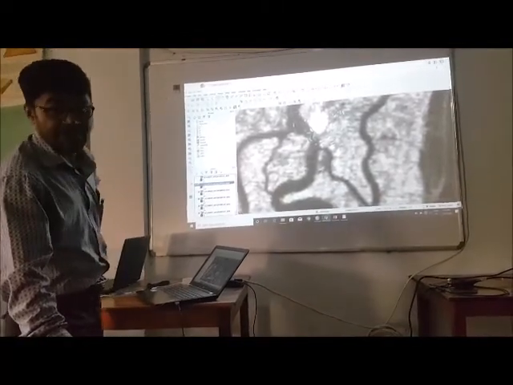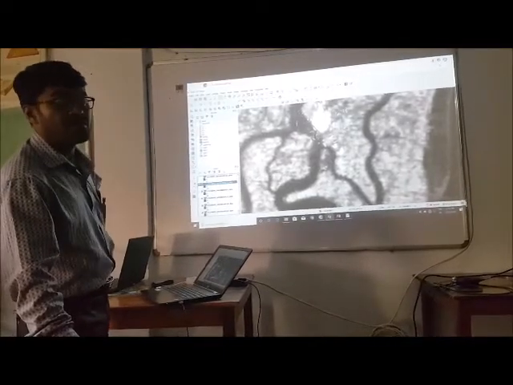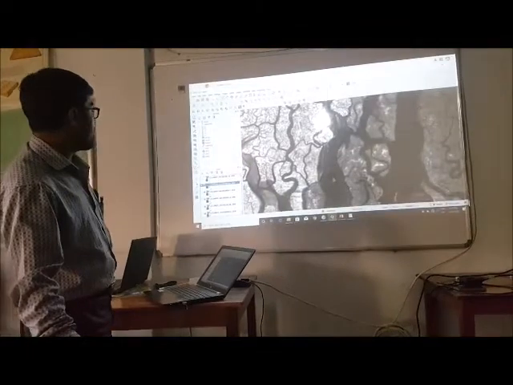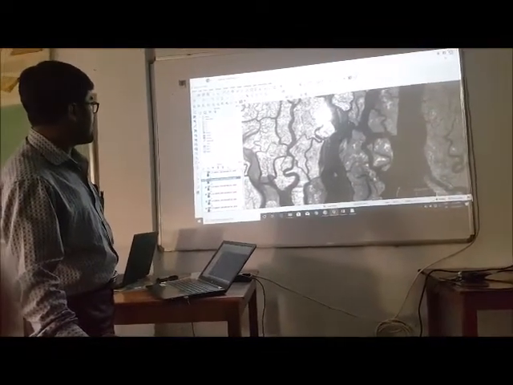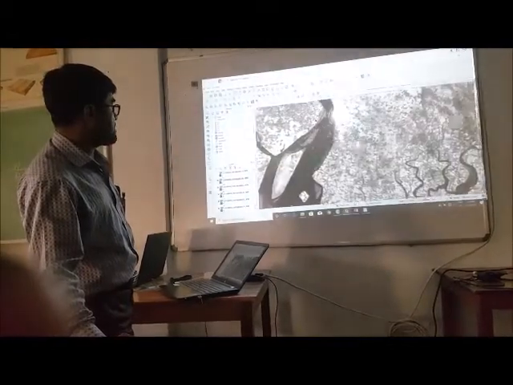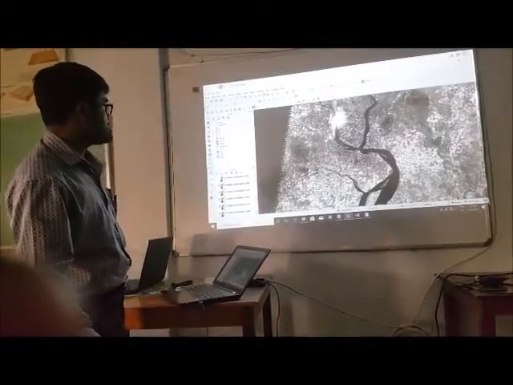Only band 6, which is the thermal band, has 60 meter spatial resolution. Now here we can detect the hottest part of this area.